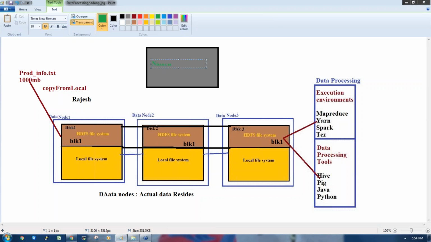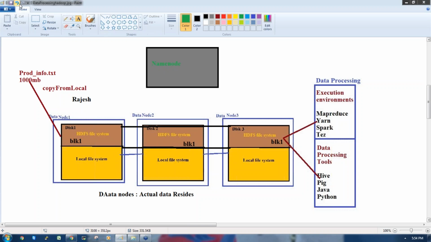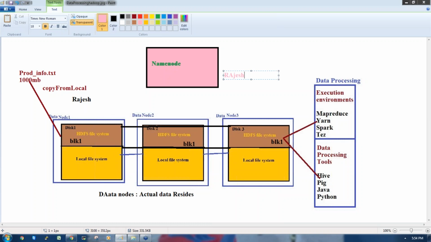It's a name node. So in the name node, I'm going to write the reference of the data. Whatever data I'm going to write, that reference is going to be written here. Now I'm going to write a file, prod_info.txt. Where have I copied this file? Rajesh is a directory, and in this Rajesh directory I have copied the file